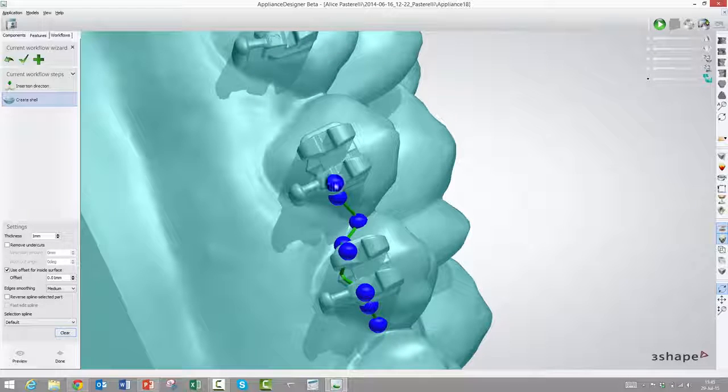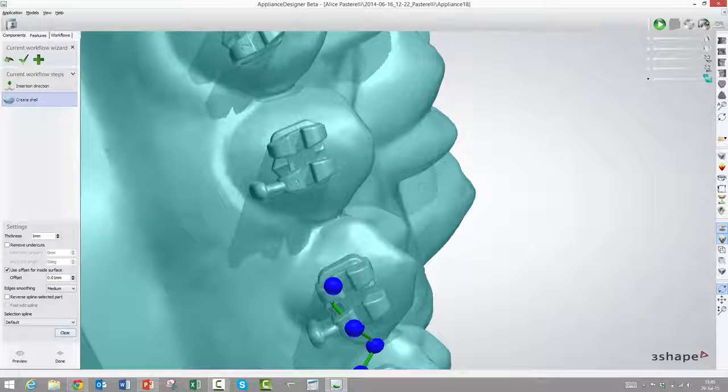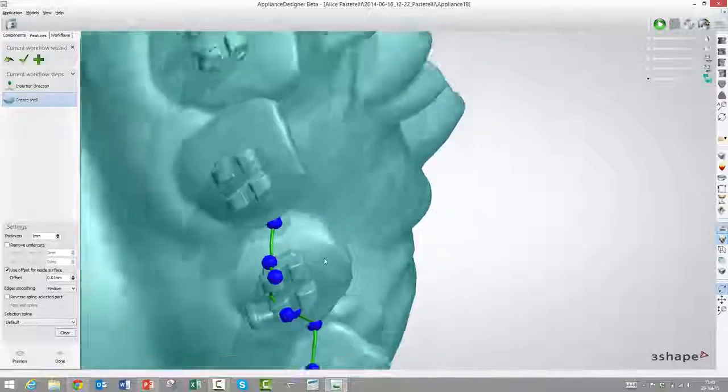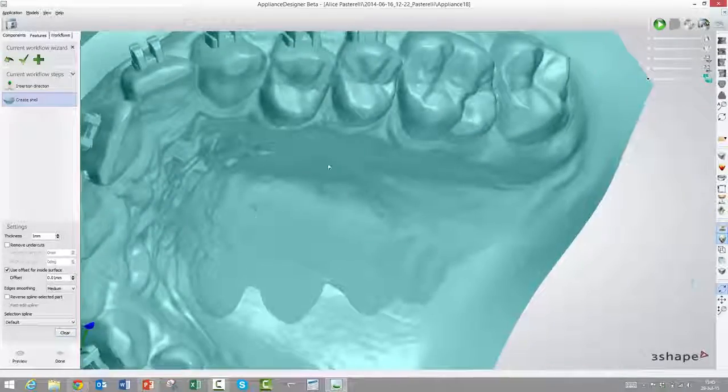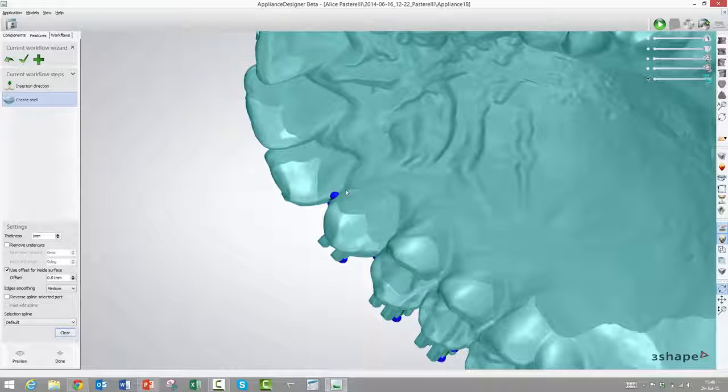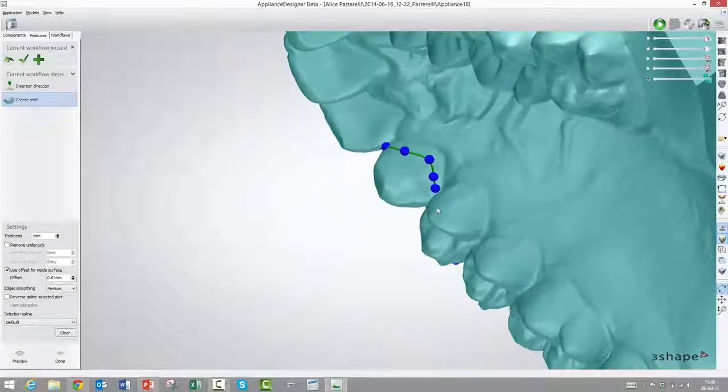So that would be the lower edge of the transfer tray. Yep. I won't do the entire tray, just 3 or 4. Exactly. You'll get the idea. Yeah. So now we will just go in and make the other edge of the transfer tray here. This would be a fairly soft material. In fact, we've seen prototypes already, and it's sort of a hard rubber property, so it seems ideal for this.